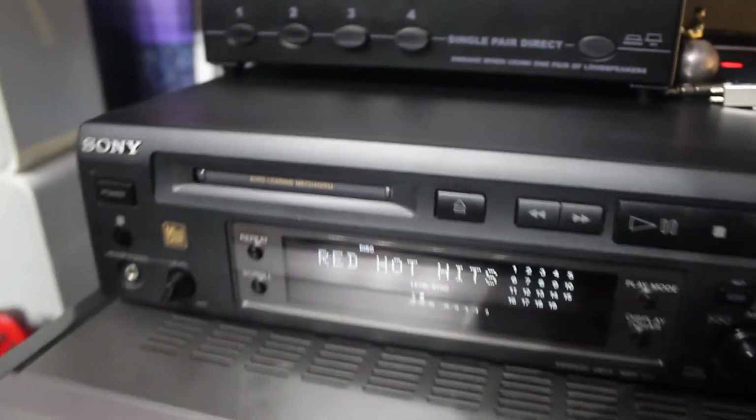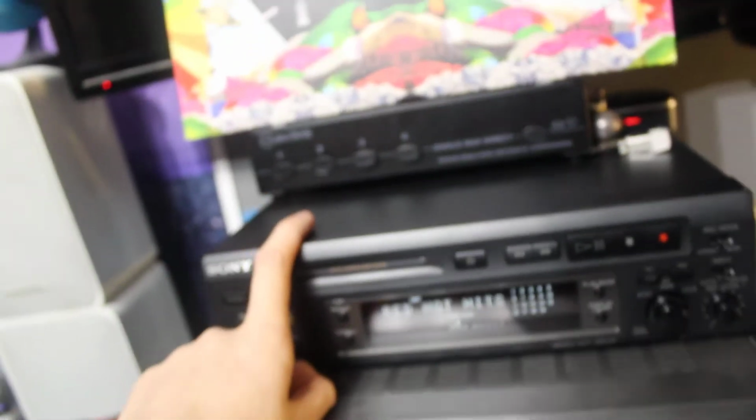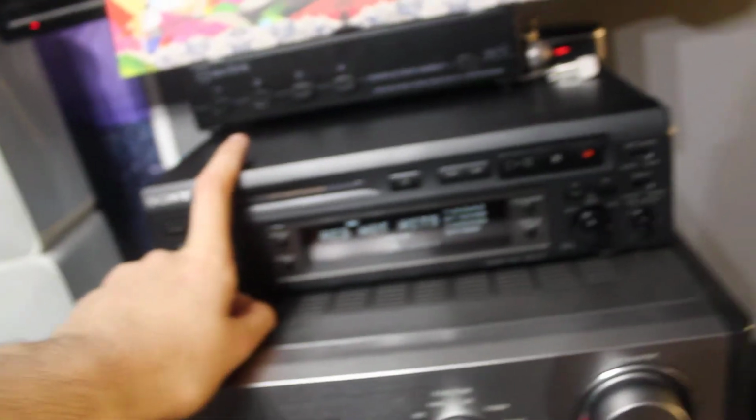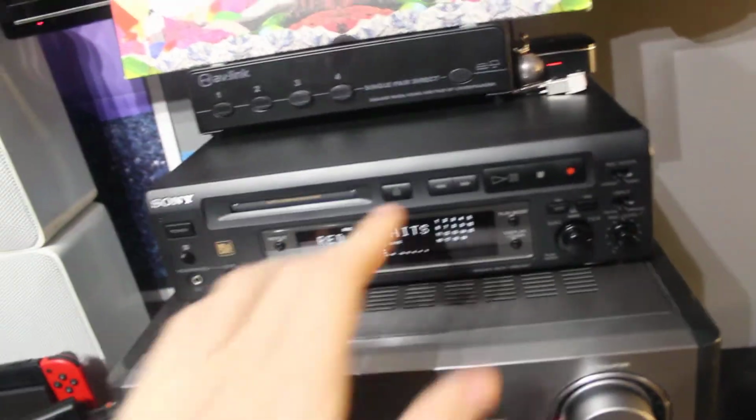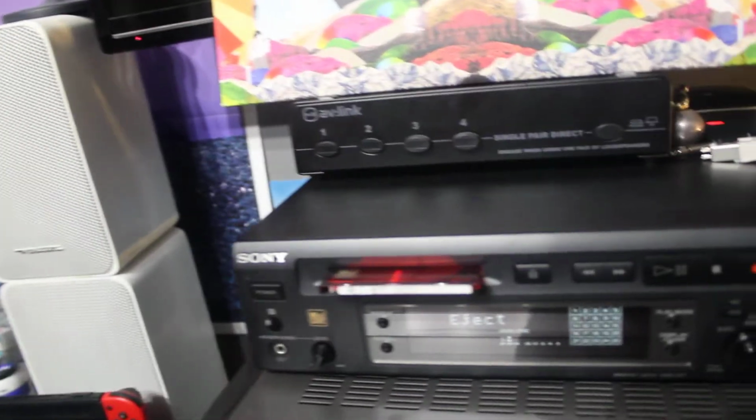I'm not going to play it because copyright, but whilst I was actually changing the heads, the record head, I actually managed to break the marker switch that tells the mechanism that it's fully ejected. So it's focusing again, so you can actually see the damn thing. I bloody hate focusing this. Press eject and you get...